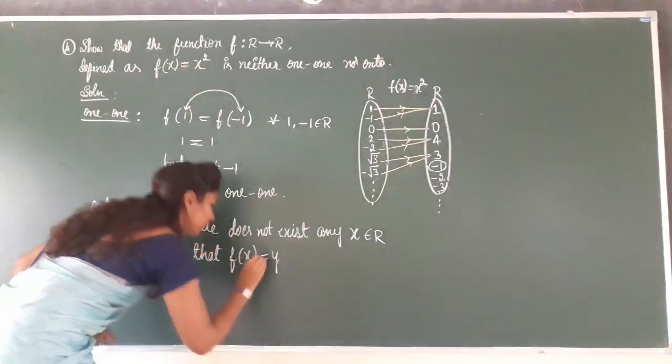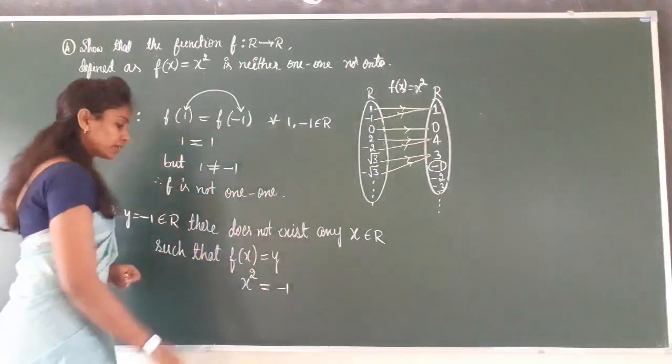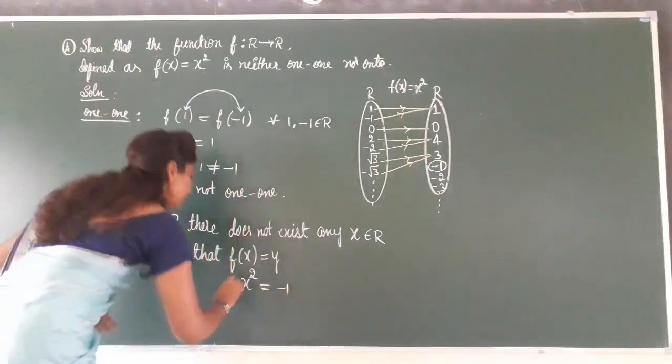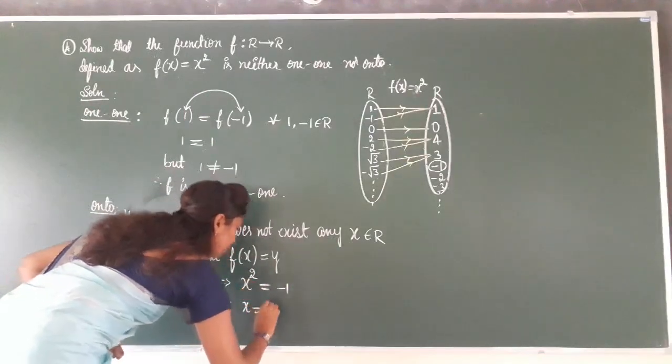Substitute here x square, which is equal to the y value, that is minus 1. X square is equal to minus 1. Simplify this. This implies x is equal to plus or minus